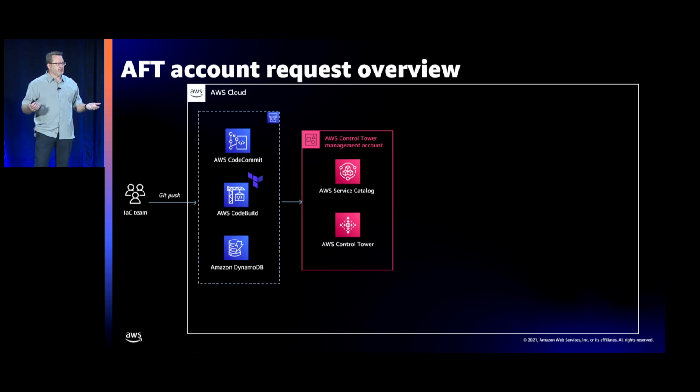We have a general rule in here, we use Terraform unless we can't do it. So we even call it through a Terraform call here in case you're peering behind the scenes and you want to see what's going on. And we call Service Catalog to actually vend that account. As noted before, we let Control Tower do what it needs to do in laying down the guardrails, vending the account. So anything that you turn on in Control Tower gets applied, and we have a vended account at that point.